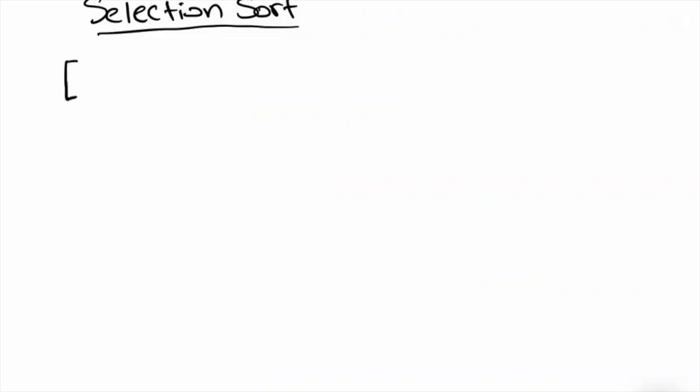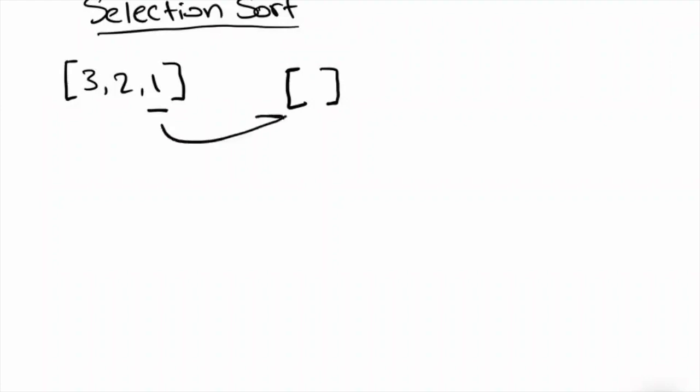We can see that when we take our sample array of 3, 2, and 1, this is our unsorted array. And now we have our empty array right here. On our first iteration, we check for the element with the least value in our unsorted array, and that's just going to be 1. So then we append it into our empty array, and we delete it from our unsorted array. So it's gone. And so we are left with 3, 2 in our unsorted array, and our sorted array is just